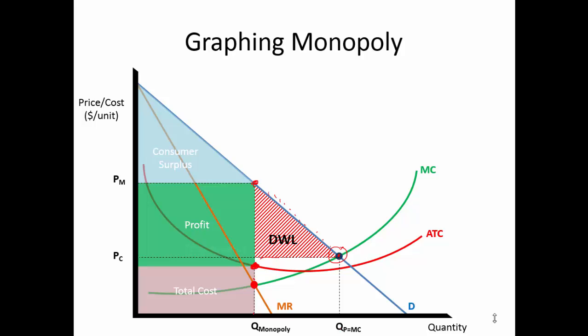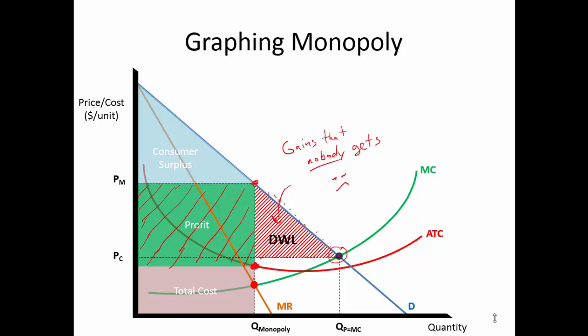It's not necessarily because they make fat profits. These fat profits are a gain for the monopolist. They're a loss for consumers, but they're a gain for the monopolist. So this is just a transfer from consumers to producers. It's not a gain that doesn't happen. Now, you might be kind of ticked off if you're a consumer, but the producers are happy here. But the real reason we're unhappy with monopoly is right here, these deadweight losses. These are gains that nobody gets. So you get nothing. You lose. Good day, sir. These are potential gains that just don't happen because we're in a monopoly world and not a competitive world.